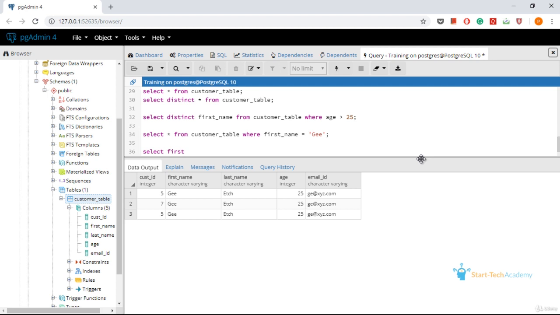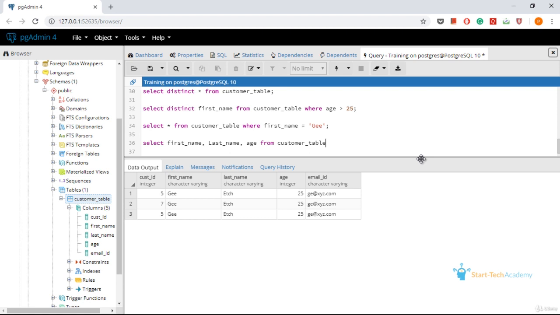Select first name, last name, let's add age also, from customer table, where age is greater than 20 and age is less than 30.